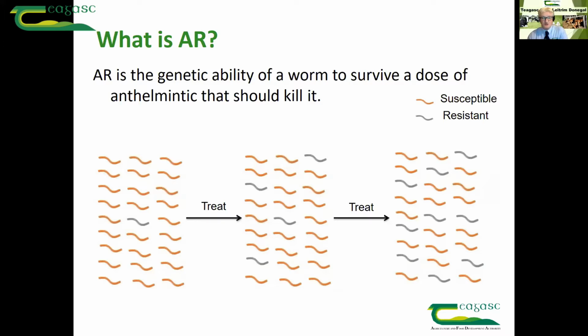But it's overuse of the products generally, and not dosing to the right weight. They're the things that lead to anthelmintic resistance, and we'll go through those maybe at a later stage. But basically, you can see it here on the left. If you have a resistant worm, there's one grey worm there, or larvae in the sheep, and then you dose that animal, all the susceptible ones will be killed, and the resistant ones will